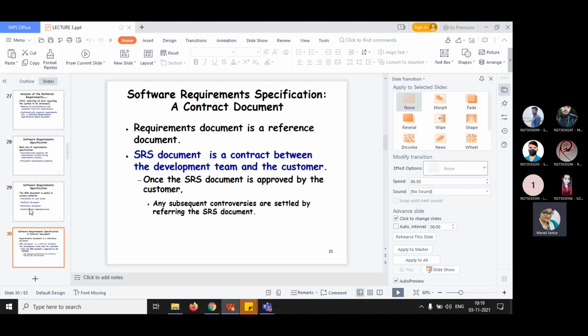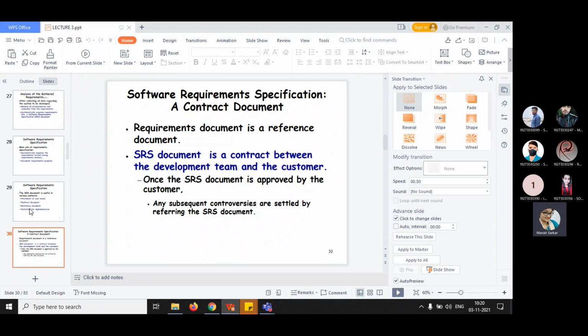Software requirement specification is, from the view of a contract, a reference document. The SRS document is a contract between the development team and the customer.